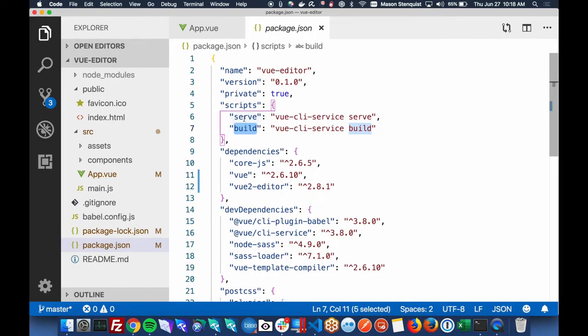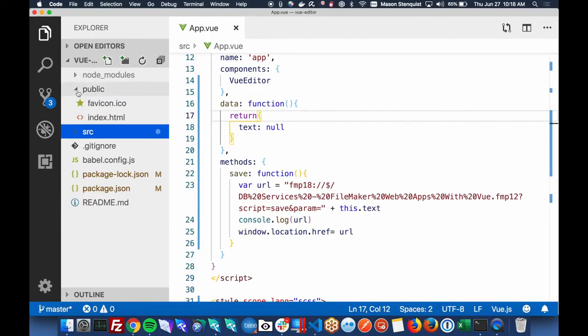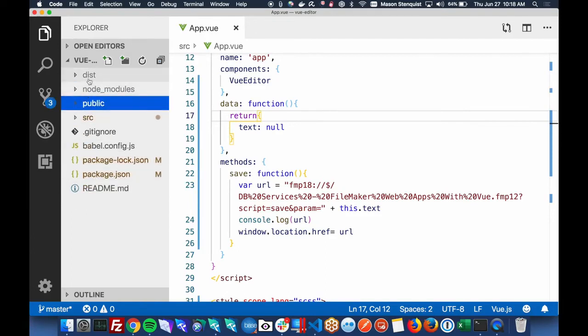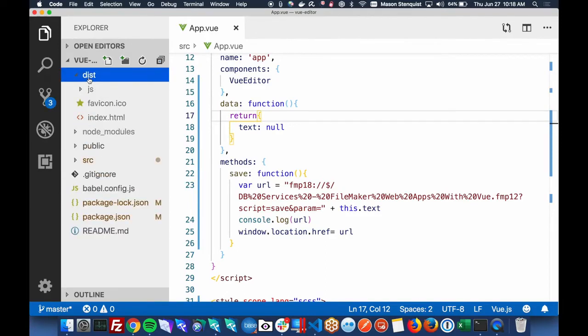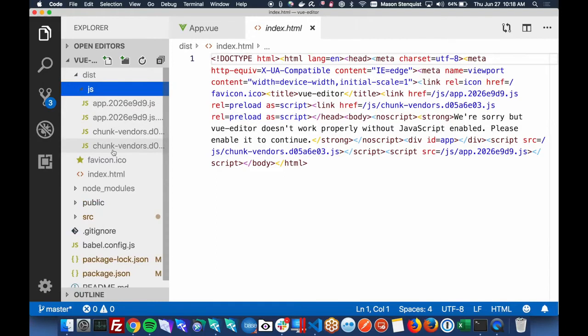All right, and what the build command is going to do is it's going to create a dist folder for you, for distribute, and it's going to put all of our HTML and our JavaScript in there. It actually didn't even create any CSS because we're not using any. I stripped out all the CSS.